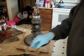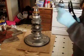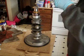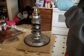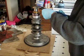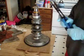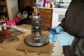And snap rings next. It's nice to have a good snap ring pliers. Unfortunately, I have these, and they work, but they are not the best. So bear with me. I actually had to machine the pliers a little bit so they had a nice little place for the stuff to hold on to. Yeah, see, that's the problem with these things. So anyway, I'm going to put the snap ring on there, and then